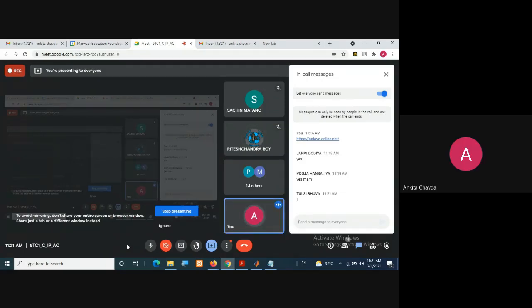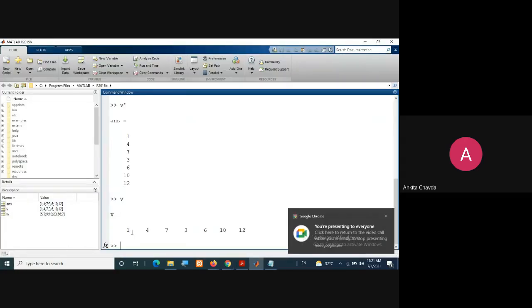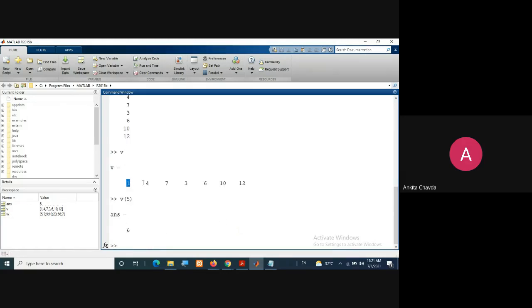So here, if I want to access the first element, I need to write V of 1. If I want the fifth element, I'll just write V of 5. V of 5 means 1, 2, 3, 4, 5, so I'll get 6, right? So this is how you can access any element from a particular index. You just need to write the index value.